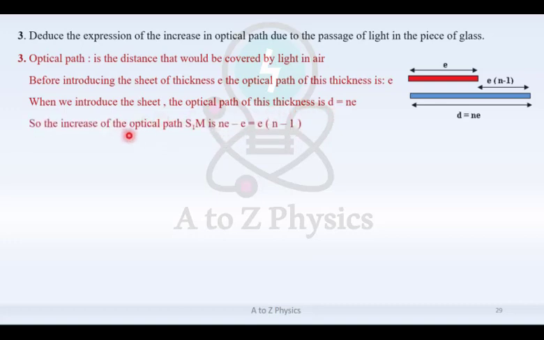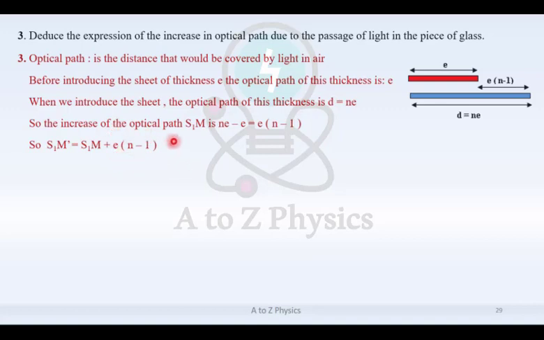So the increase of the optical path is simply the difference between these two answers. So n e minus e equals e times (n minus 1). So S1M prime equals S1M, which is the original path, plus e times (n minus 1), which is the increase in